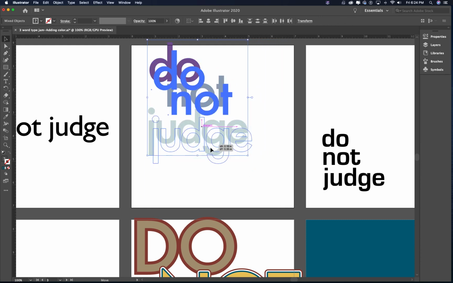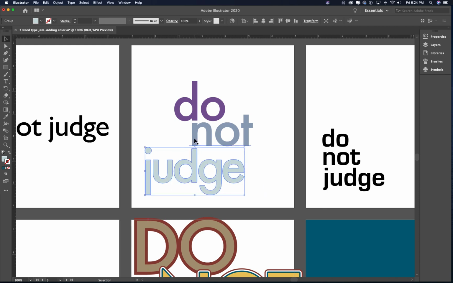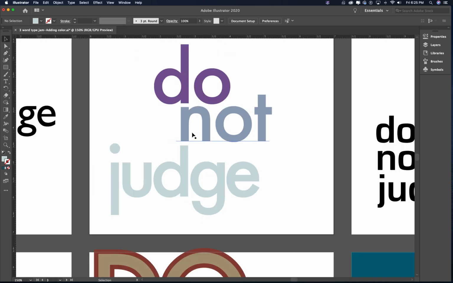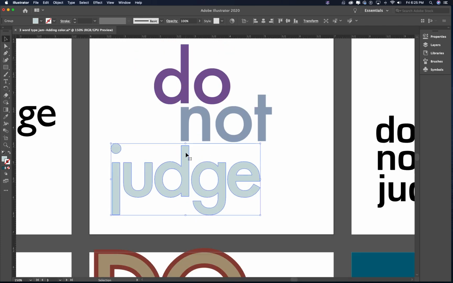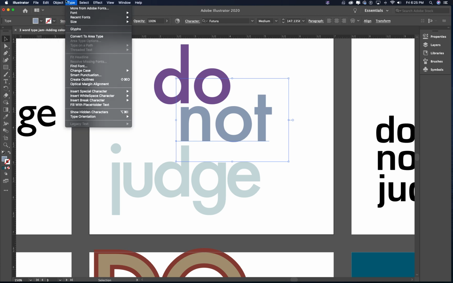So now I can go over here and align that D and that N all up together. And so, do not judge. And these things right here align with each other, and I might have to move them over slightly. So that's pretty cool. I can even overlap them a little bit. So I'm going to outline this type, create outlines, outline this one, type, create outlines,